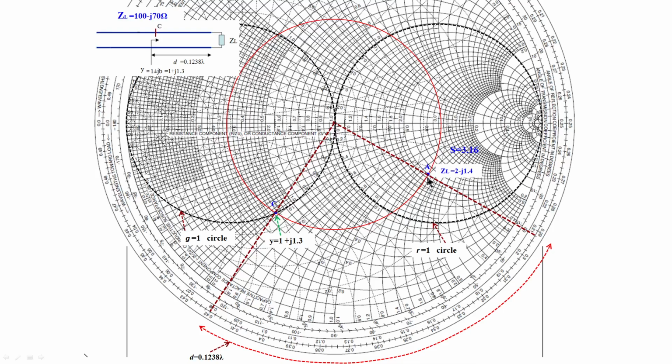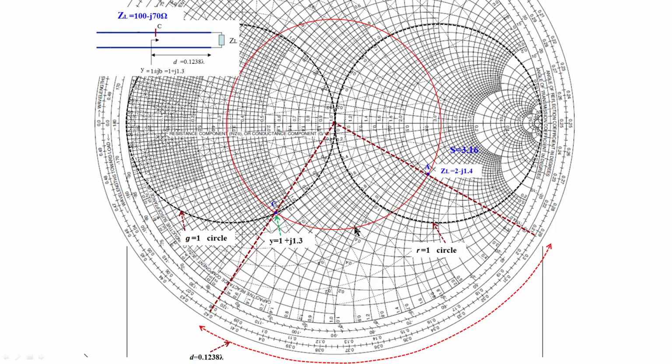Now go on moving from the load. You should move like this. That is moving on a transmission line. From the load, go on moving like this. Where should you stop? You should stop wherever the admittance is 1 plus or minus jB. B may be anything, but the real part of Y must be 1. As we move like this, the susceptance value goes on changing.